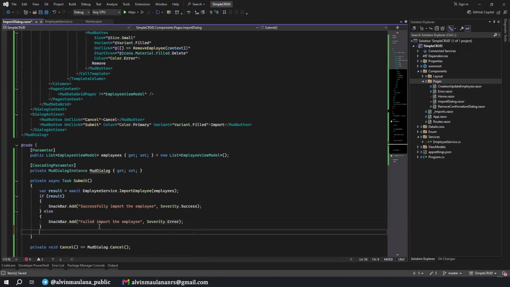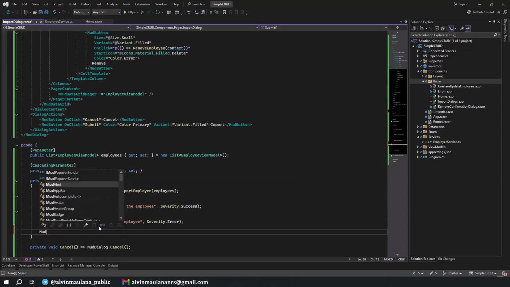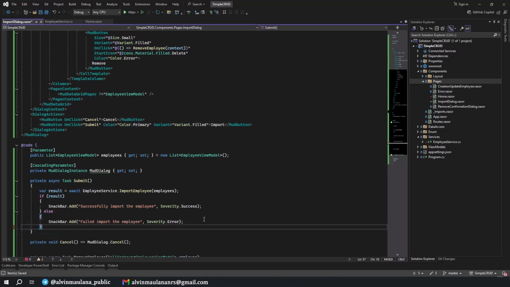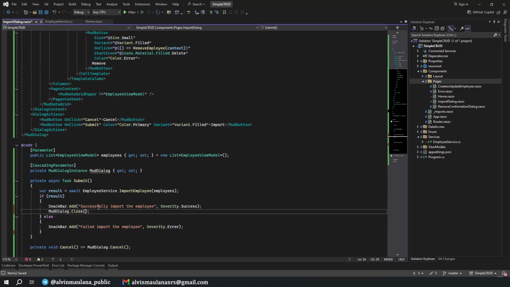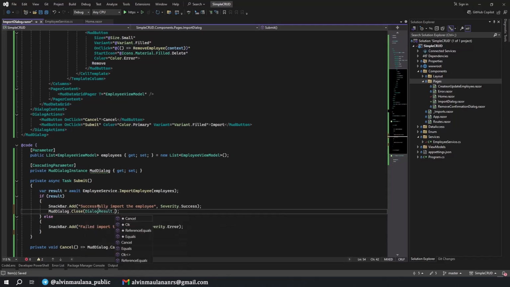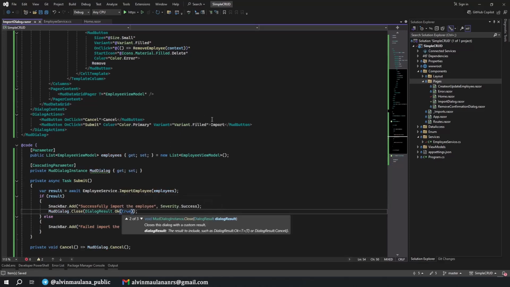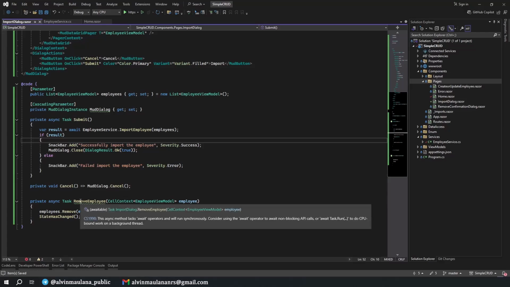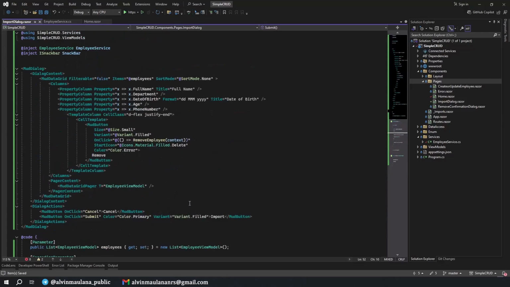And then I will close the dialog, MatDialog close. Where is it? Close. Okay, but maybe this one should be better in here. And then we only return the dialog result true whenever we successfully import the employee. I think it should be fine.